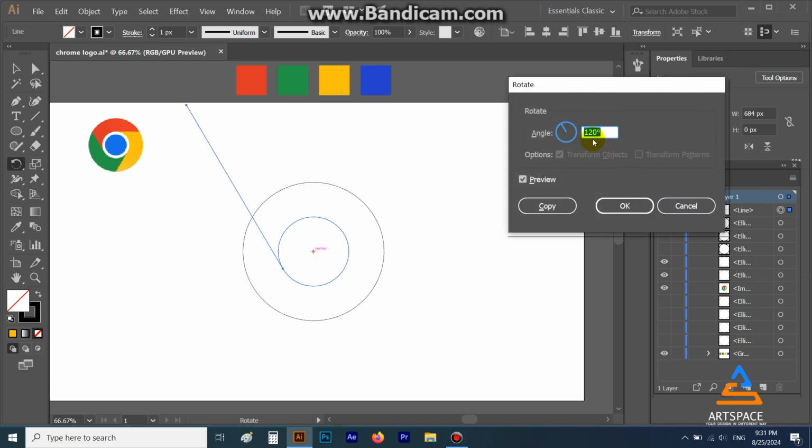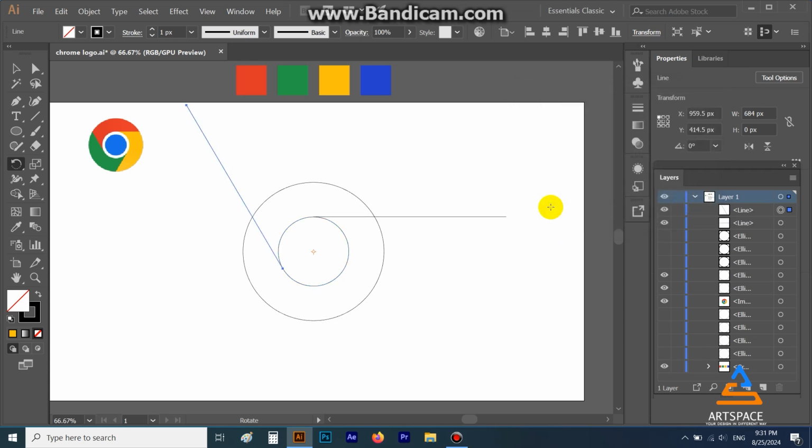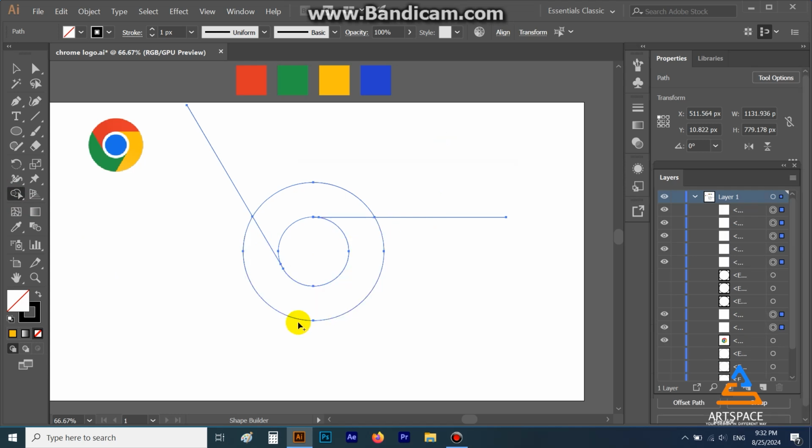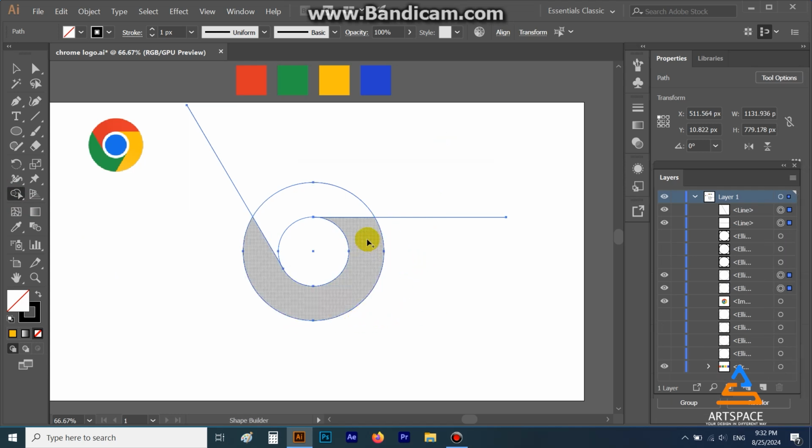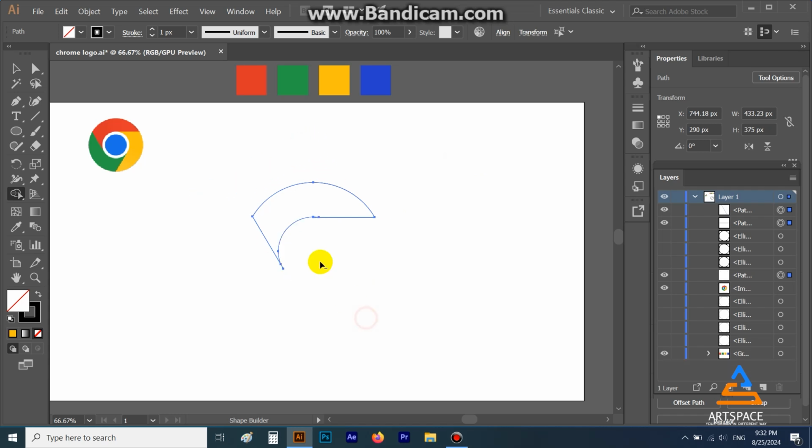Then I will use shape builder. I will select everything. Now if I press alt, I will subtract the thing I don't want. Alt. I will take this shape. Now this shape I will make a copy from it. I will select the shape, and then I will make